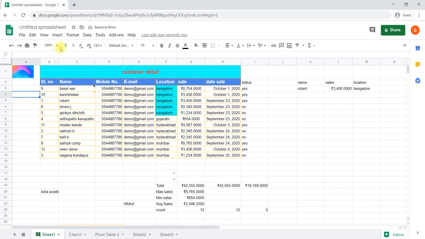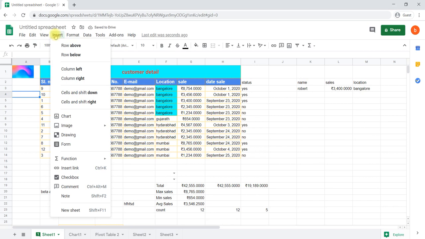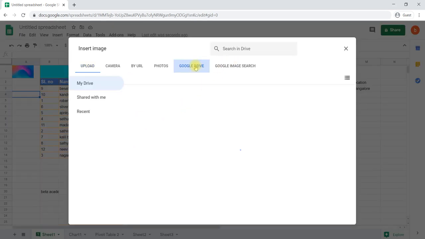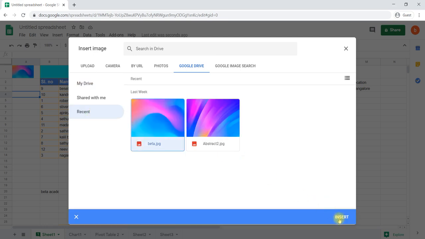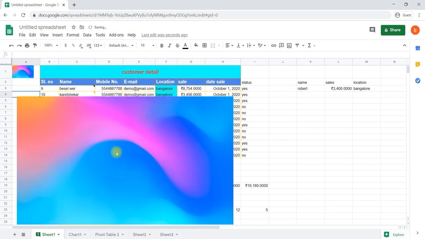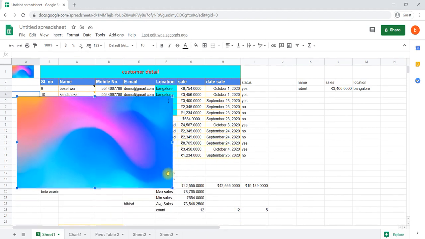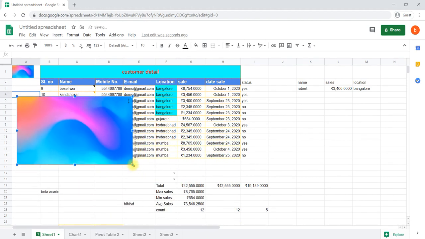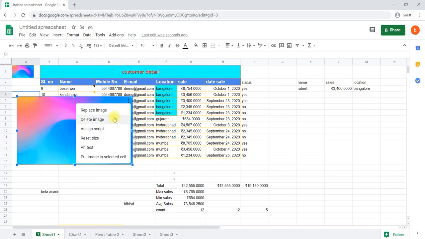For example, if you selected insert image over the cell, it will select in an entire document. Insert, the full size image will be inserted now. Then again you can select the image, and you can modify the size by click and drag the corners. And by using these three dots you can replace or delete or reset the size,